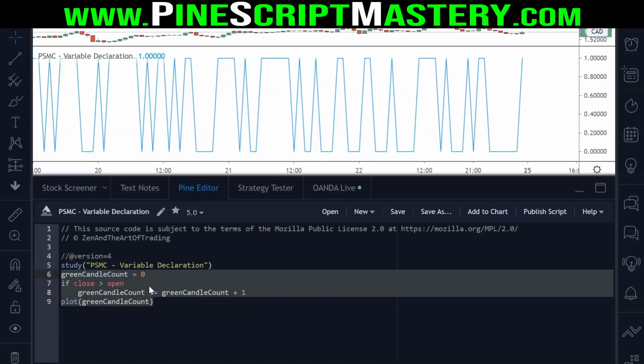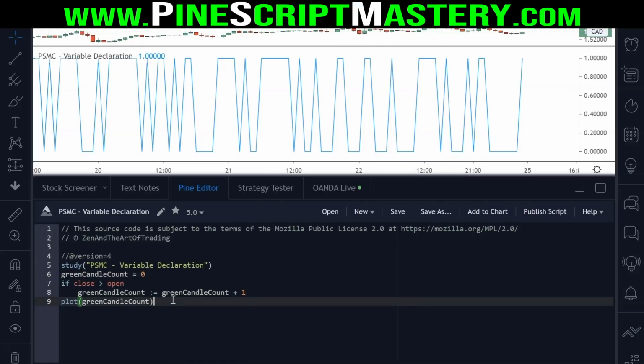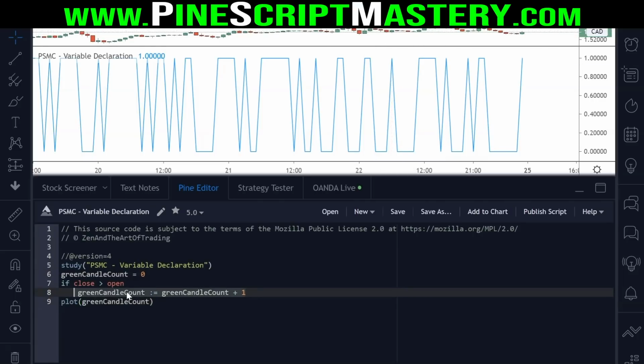That's because of the way Pine Script executes these scripts. So all of this code is executed repeatedly on each new historical bar. What that means is that this green candle count is being lost on every new bar that this script runs on, because it's being set back to 0 and the whole variable is being created again. So there are a couple of ways you can store this green count variable across all of your historical bars